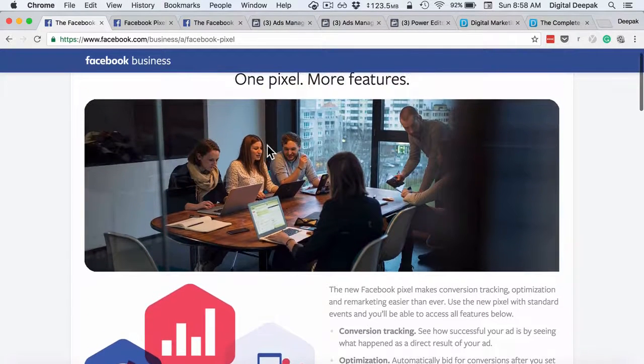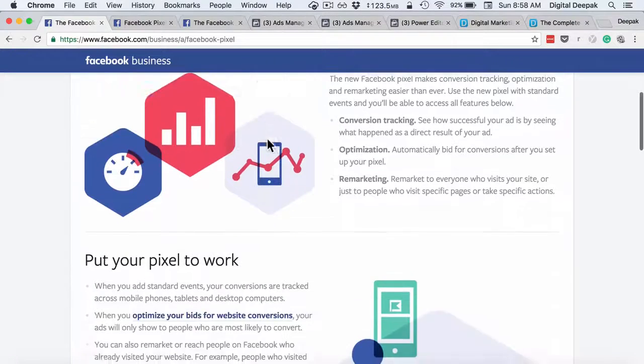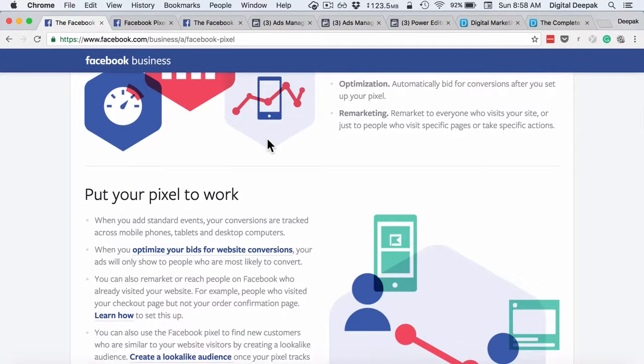You don't need to install any separate code for each and every conversion event. I know that it might be a little bit confusing right now, but let's look at the examples. Let's go into my ads manager, and if you have any doubts, it will become clearer there.